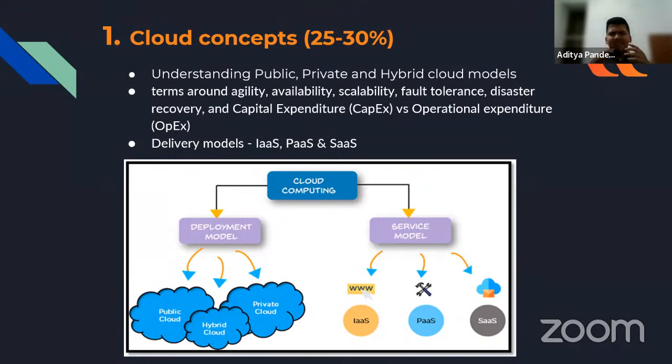So let me give you an idea about delivery models in cloud computing. See, there are three kinds of delivery models. One is infrastructure as a service, another one is platform as a service, and the third one is software as a service, right? I always take an example to explain these three terms, and people find this example very useful. I hope you also find it really useful to understand these three terms.